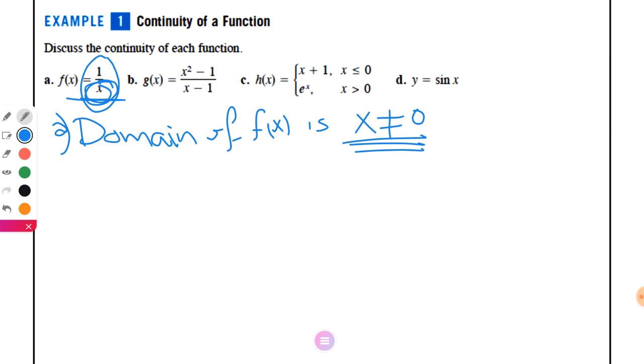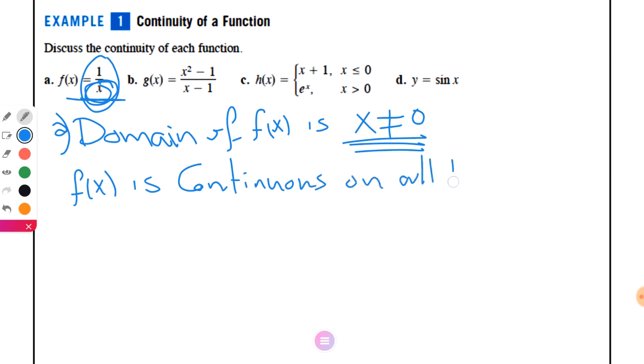By another way, the domain of any rational function is all the values of x except the zeros of the denominator. Since the domain is x not equal 0, this means f of x is continuous on all real numbers